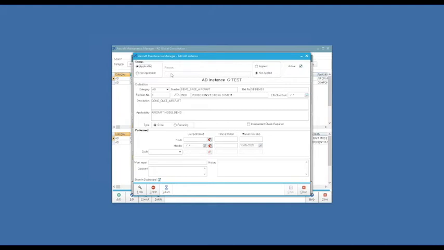If I activate the not applicable, I will be able to enter a reason for the not applicable. Here I have applied, not applied, and active. So these are new flags that were not really well implemented inside the previous version. So I hope that it will be something that you will appreciate.